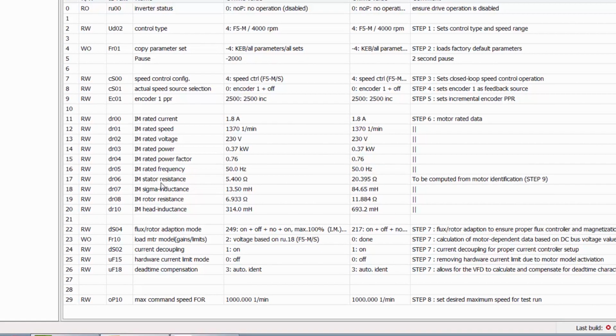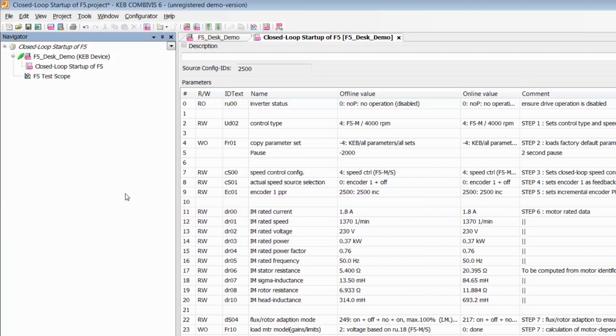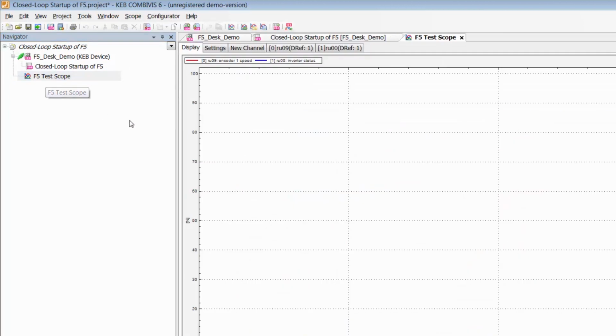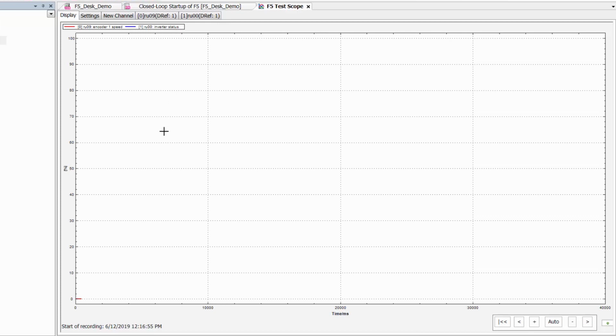Now that we have performed our motor identification, we are ready for the final step, which is some test runs of our F5 drive and motor. For our test run, I have created a scope trace which will capture and monitor the inverter state and encoder speed of the motor. Opening that scope, we are going to be monitoring encoder 1 speed and the inverter status of the drive. Using a potentiometer connected to the analog input of the drive, we can vary the speed and